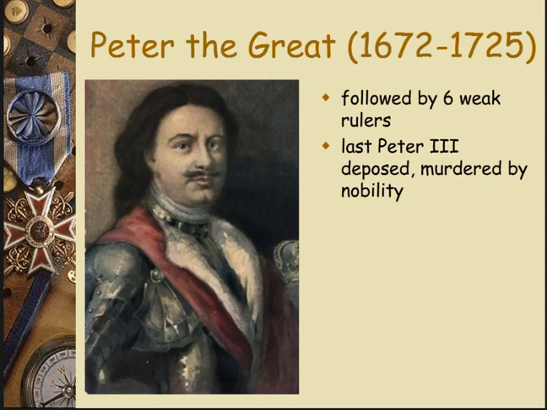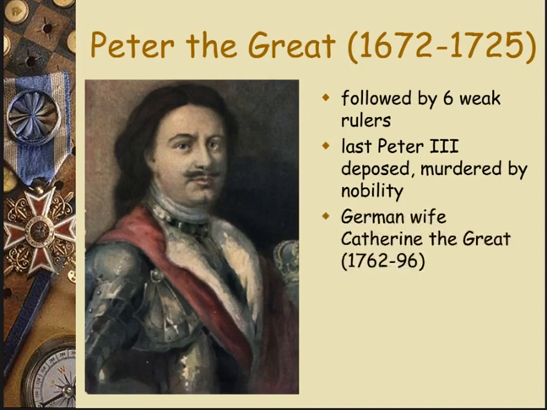This then allowed his wife to become the leader of Russia. Her name was Catherine. Now Catherine, who comes to be called Catherine the Great, was actually of German descent,